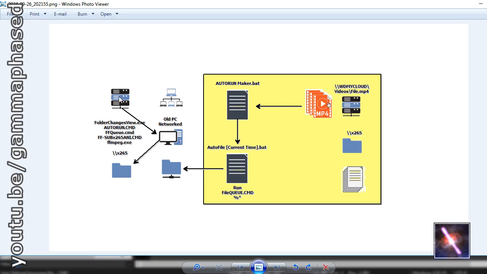Then it will do a check to see if it's already processed the x265. So it'll see if the file exists. If it does, it will skip it, and it'll just keep doing that until it comes across a file it hasn't converted to x265. So that way you can just use your old file and get back to where you were before you